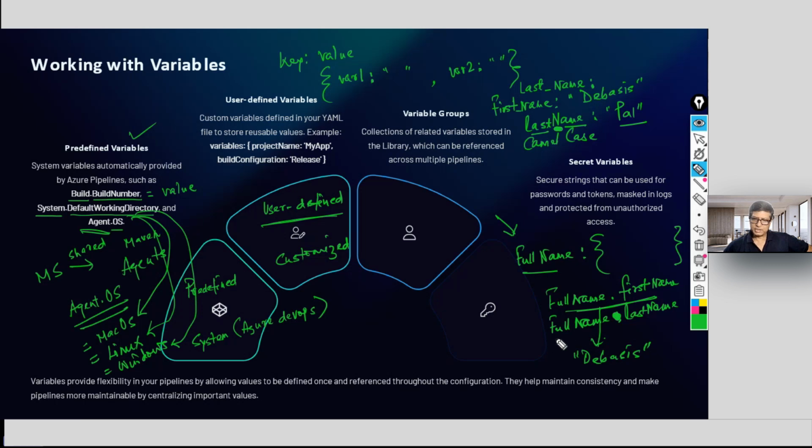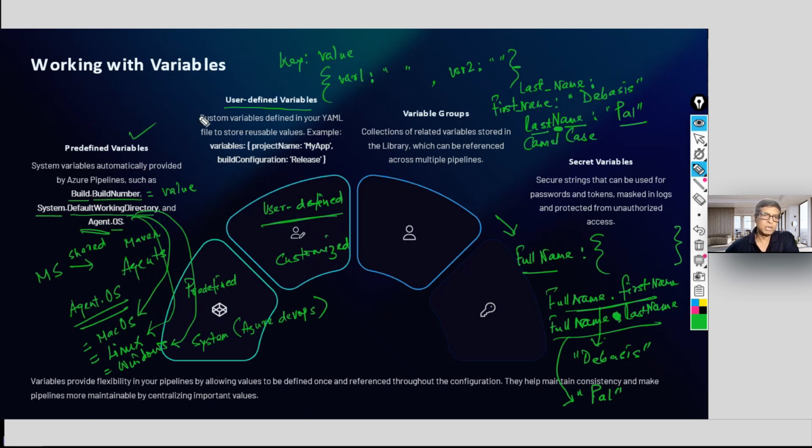And what will this return? Last name. Yes, last name, Paul, without double quotes. Are you getting me? So this is user defined. You can have whatever name you define, but you cannot change these ones. These are already defined. You have to give them correctly.